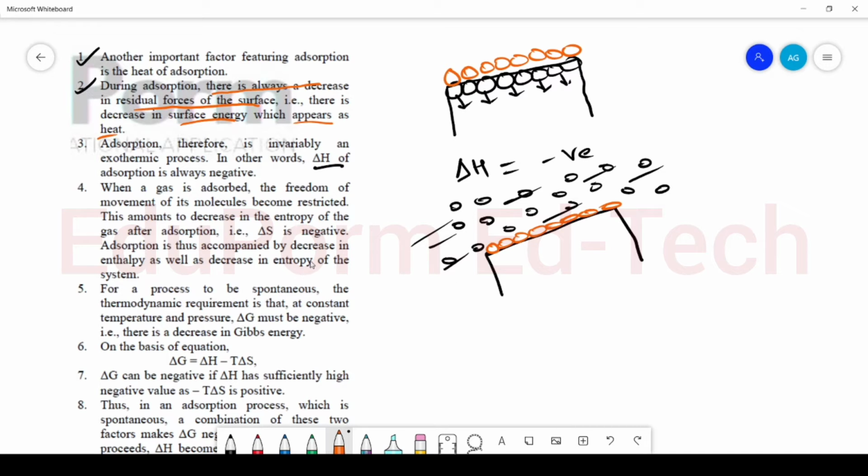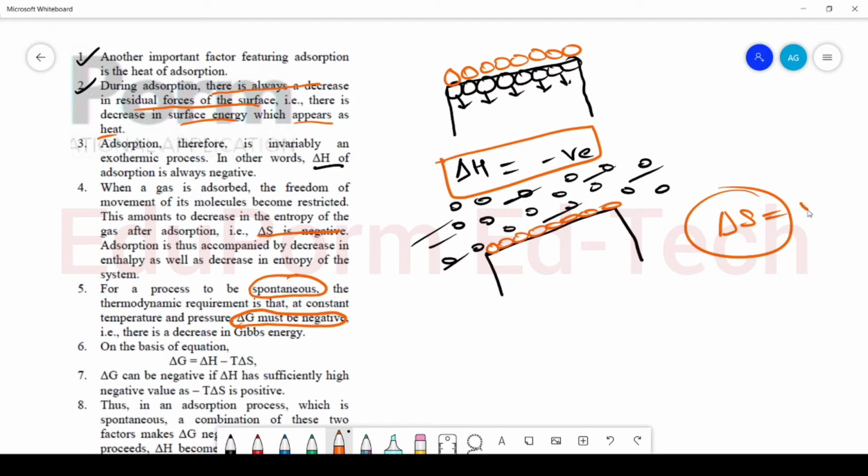So we can say that the entropy change, that means the delta S, because entropy simply represents the randomness, the entropy change of adsorption is also negative. Now, for a process to be spontaneous, spontaneous means the process which occurs as it is without any external agent like heat, pressure or catalyst required. So, for the process to be spontaneous, the thermodynamic requirement is that the delta G must also be negative. So, we studied that enthalpy change is negative, entropy change is also negative, and the change in Gibbs free energy